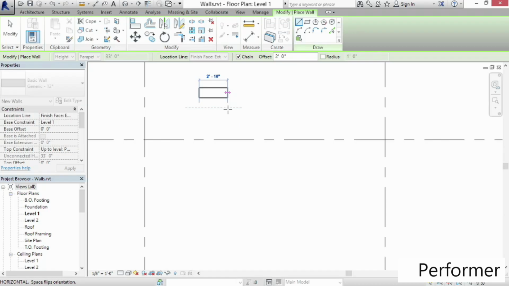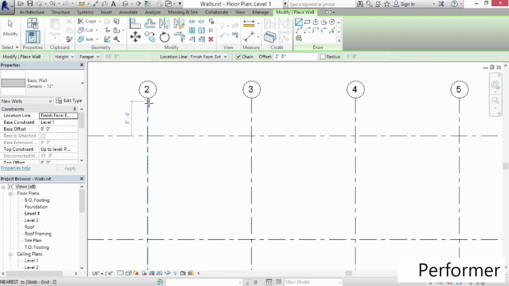So let me escape again one time. So I don't cancel all the way out of the command, just the one time, and move your mouse here by the grid intersection. Now, if you're not sure which one you're doing, you can zoom out a little bit. I want to be here on grid line 2 at the top. So the intersection between grid line 2 and column line A, I'm going to click right there and start to